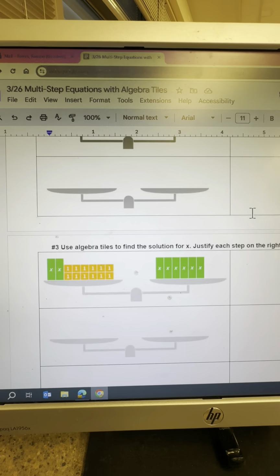It looks a little bit different because we have a whole bunch of halves on this side and this side, but it's still the exact same idea. Look at the side that has the lower amount of x's. There's 4 halves here, 3 halves here. Therefore, I'm going to get rid of these 3 halves by putting the opposite, which would be 3 of those,